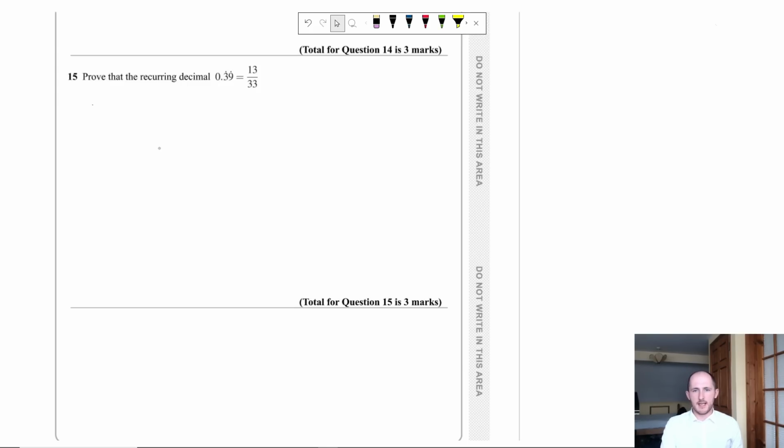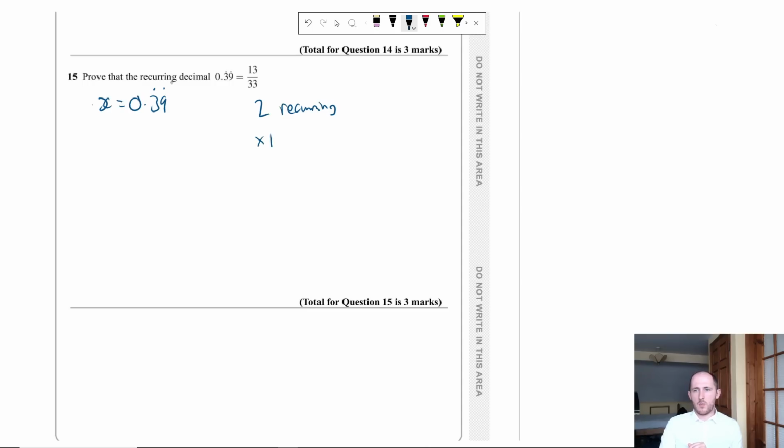The way you do this is you just write x is equal to and then you write your original value. And then the goal is to times x by something to make the actual decimal bit, the part after the decimal, the exact same. I know that sounds a bit weird, but you know, it's just the way it is. And the way you do that is all you do is you times it by 10, 100, 1,000, whatever. And how do you decide? Well, you decide by how many recurring decimals you have. Because we have 2 recurring decimals,